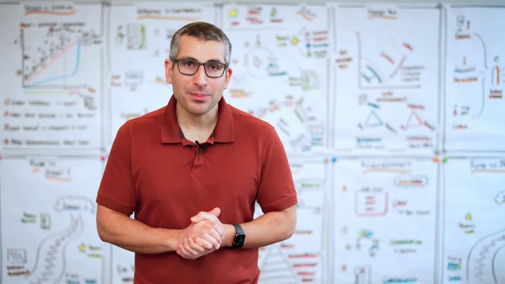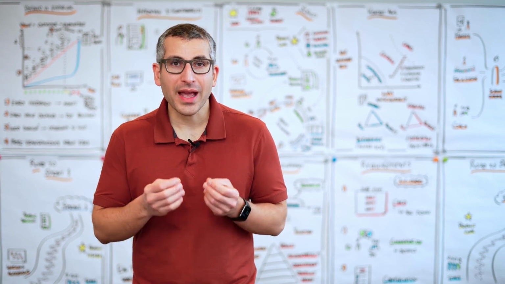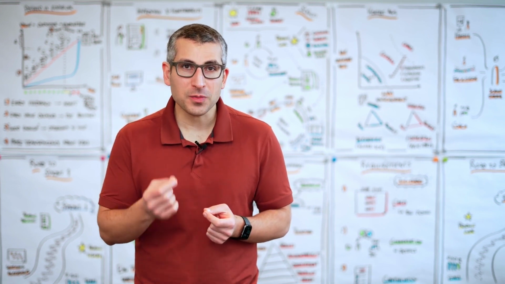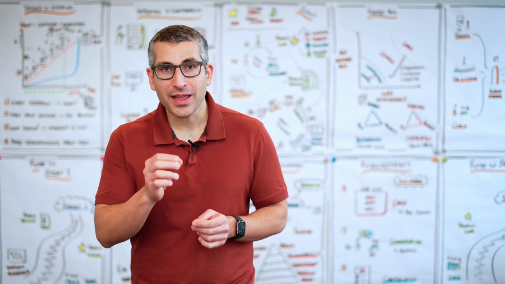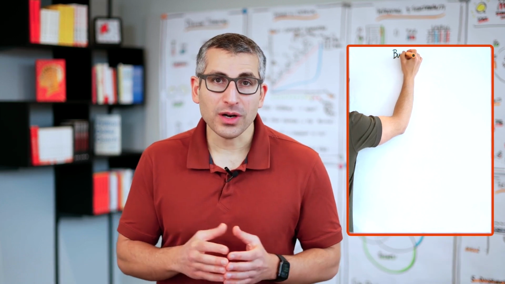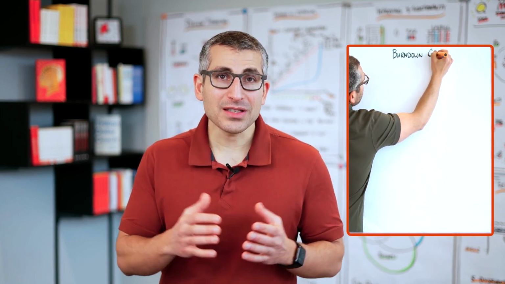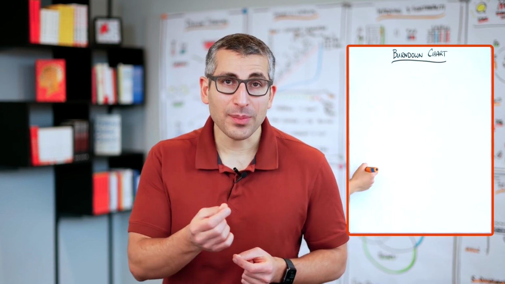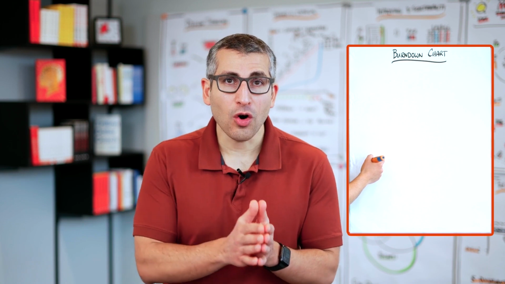Hi, and welcome back. In this video, we will explore a tool that helps, similar to all the artifacts, to create more transparency and allow us for inspection and adaptation. That tool is the Sprint Burndown chart. Technically, the Sprint Burndown chart is not an official artifact in Scrum, but it is still something that many Scrum teams create and use, and I believe it is a very useful tool to track your progress over the duration